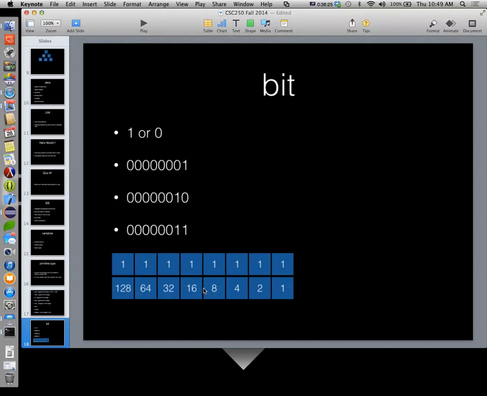What's the largest positive number we can support using a 7-bit number? 127. So the range of values that can be represented by a signed number is negative 128 to positive 127.